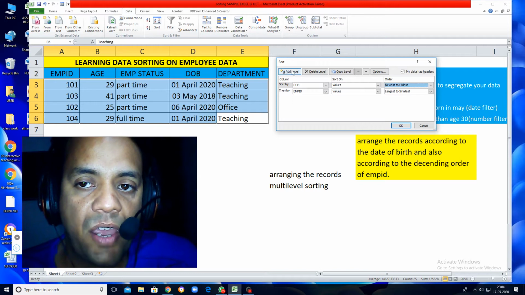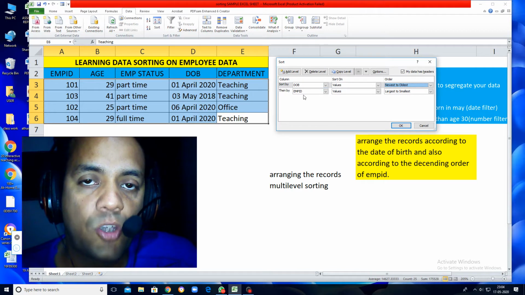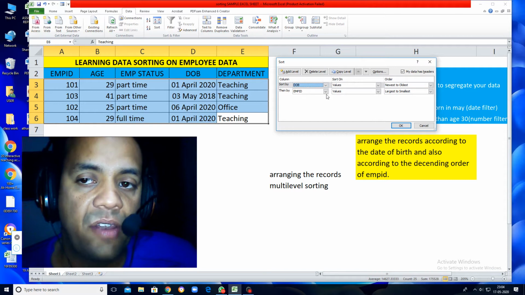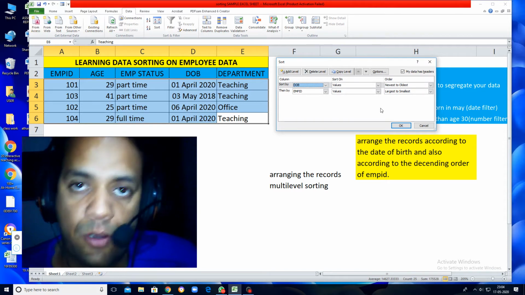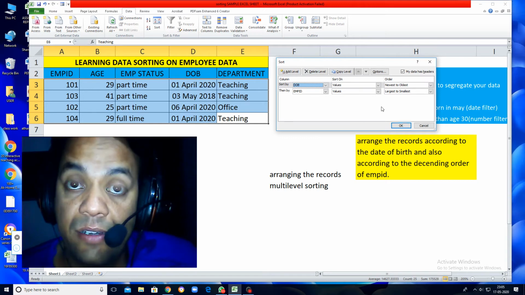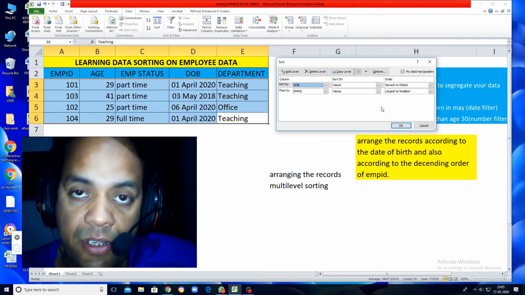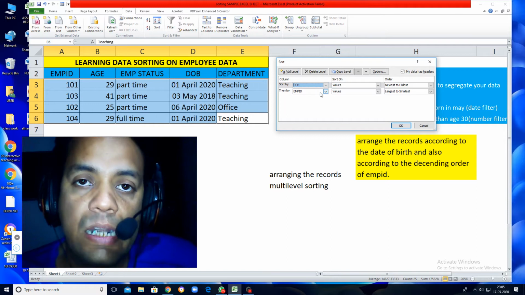This is the way the Add Level option allows you to add more levels for sorting. If you want to modify, click on the level, and you can delete or add. I can sort my data according to three column headings also. This is called multi-level sorting, and click OK.